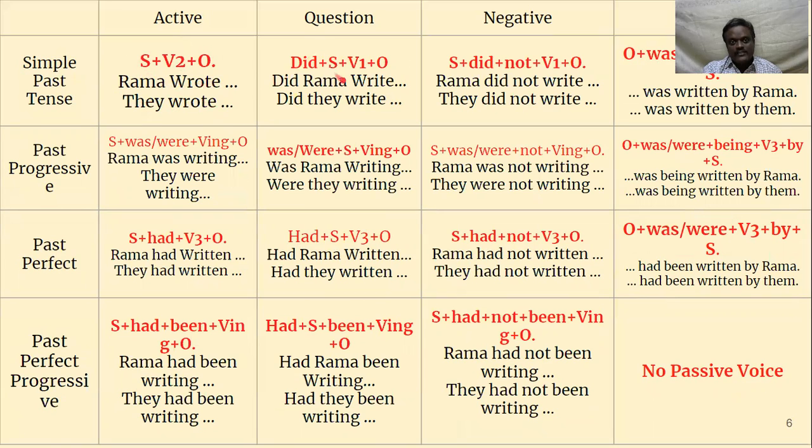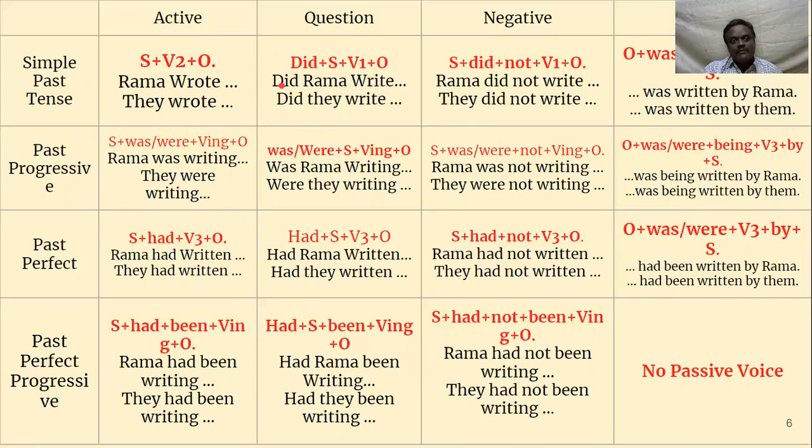In question, there is a problem here. We have to use did because there is no helping verb. So did has to be brought forward. Did Rama, then V2 will become V1. This has to be taken care of, even in present tense. Does Rama write a letter? It is not writes. Does Rama write a letter? So once s is marked at the helping verb, there is no need of marking it once again at the main verb. So, does Rama write a letter?